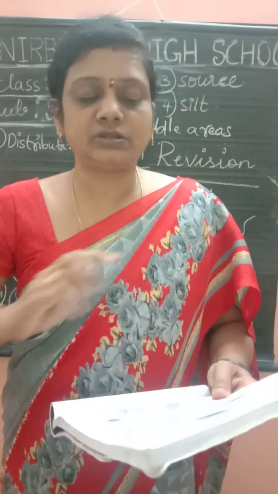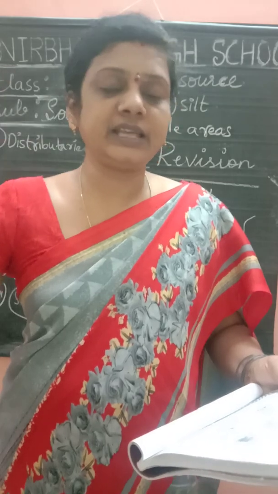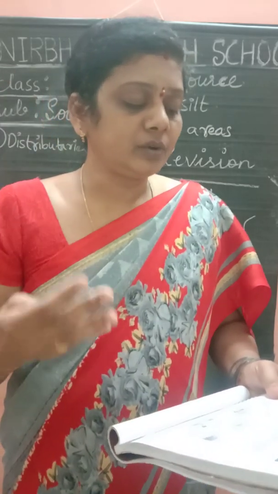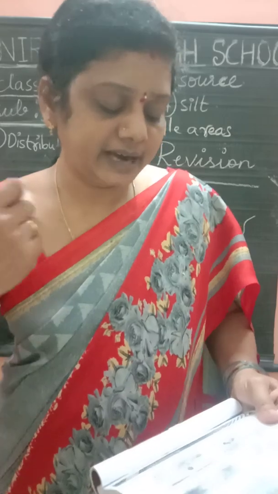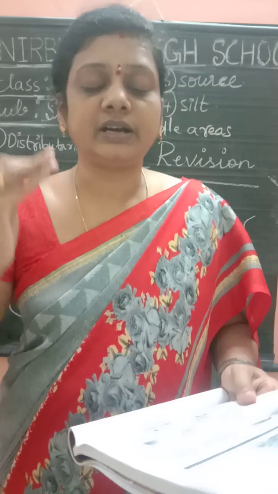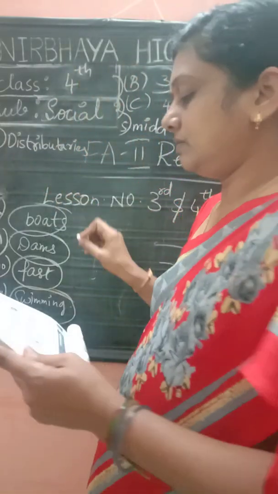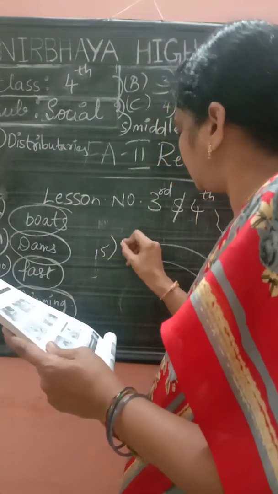Which of the following is not a reason for river pollution? Which one? The option D is correct in this. Yes, the dolphin is playing in the river. And the next, the A, wastewater from industries. B, plastic thrown into rivers. Immersing, what is that? Idols. Yes, these three are not correct, children. The D, the dolphin playing in the river, is correct. Option D. Which one is that? 15th one. Option D. Yes. And the next one, children, the 16th one.